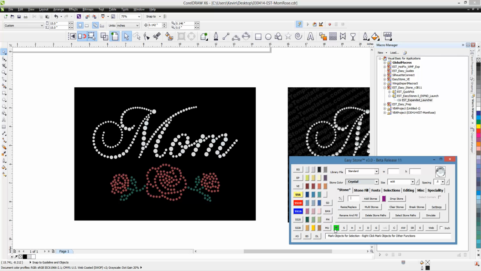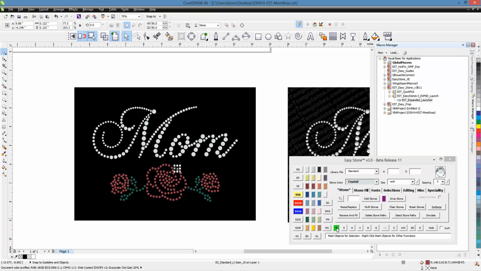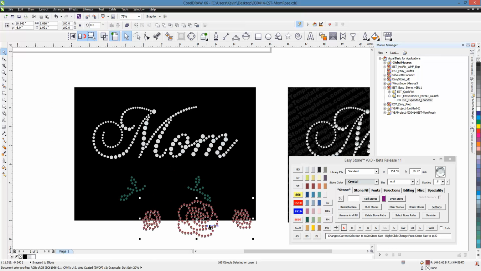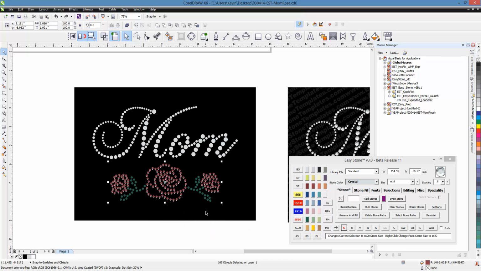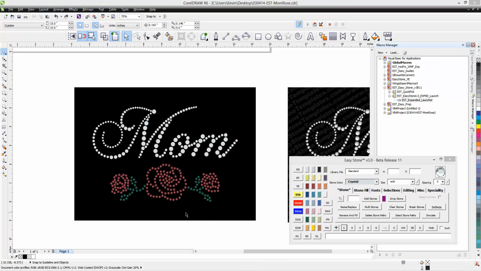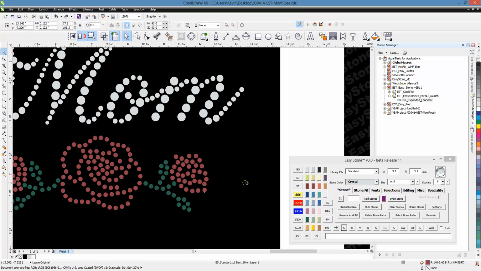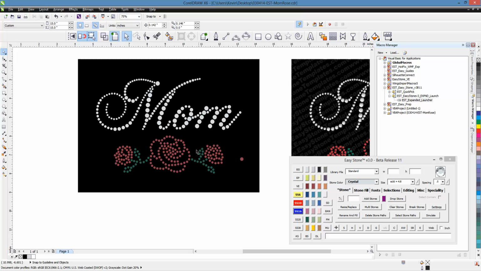But let me show you one of the options here on the new S button that I really am excited about. If I come in and select a stone and I mark it, I hit this target, and then I can come in here and select my design. When I hit select, my S button, it's going to select by fill. You see that there? So I don't have to come over to my selections tab at all anymore if I don't want to. If I were to take one of these red stones, I'm just going to copy it and change it to an SS16. If I mark a red stone,